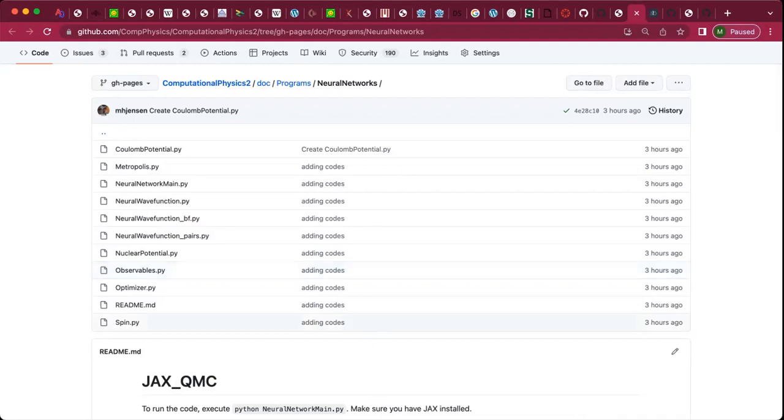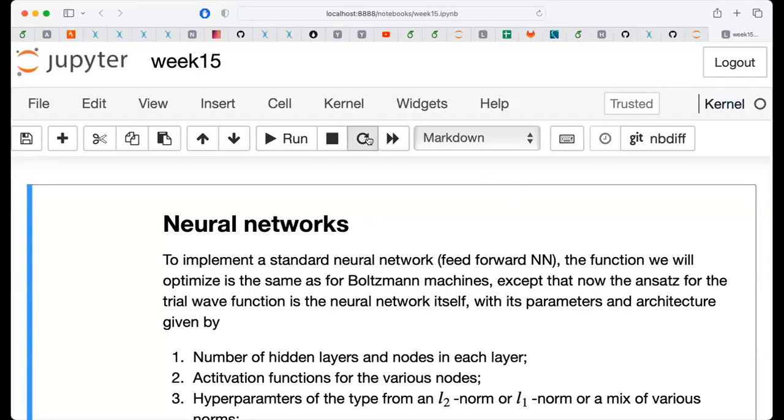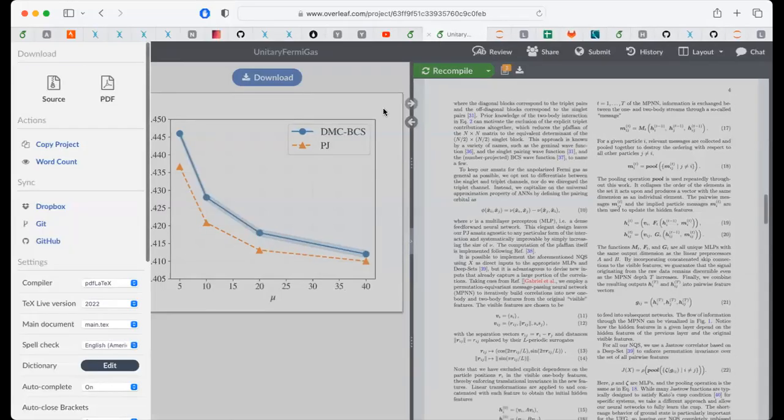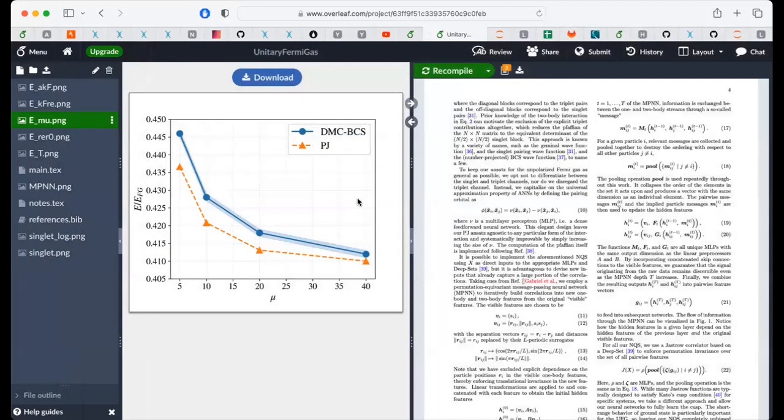This is actually a very important question in the chat. I wanted to show you some results which we have from other types of calculations. So this is a calculation which we did recently of the unitary Fermi gas, and the DMC calculation, the diffusion Monte Carlo calculation. This is the best state-of-the-art calculation of the ground state energy for this unitary Fermi gas,